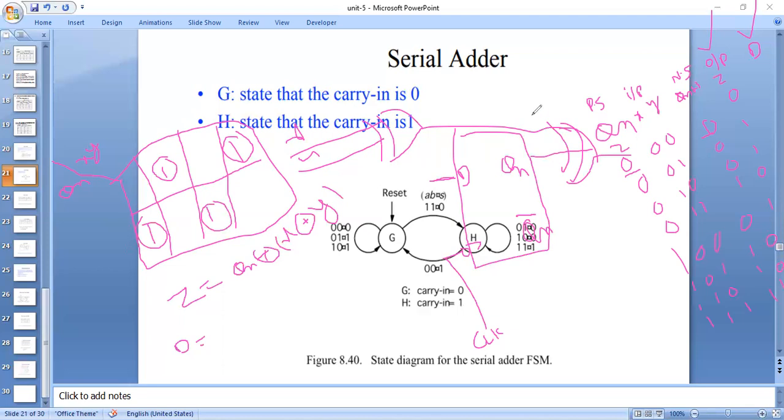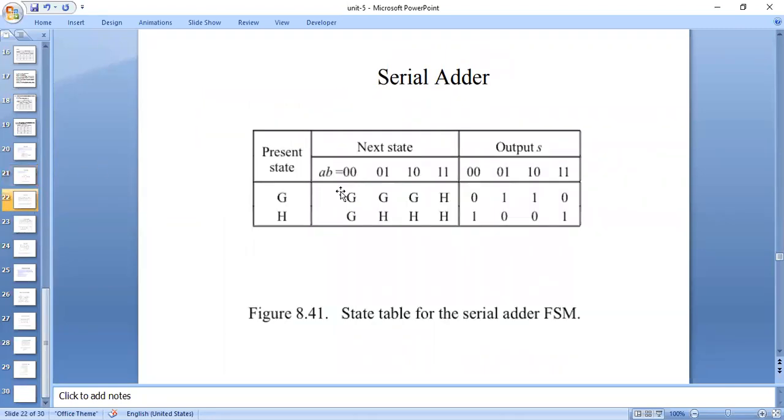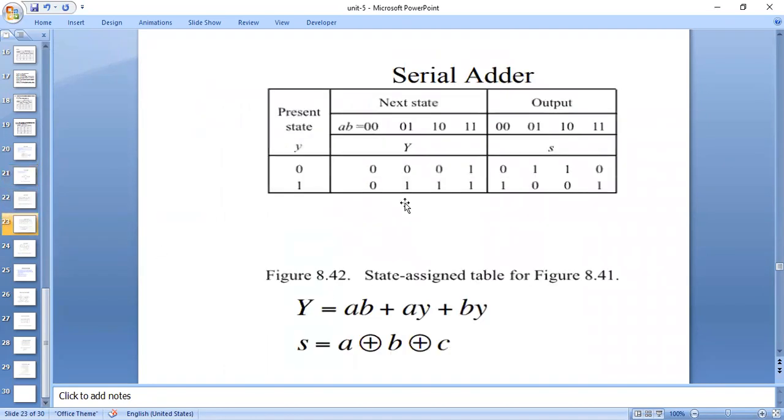Okay, so this is all about Mealy type serial adder. So you can clearly see in these PPTs. This will be the state table, and we elaborate this state table to write the expressions. See here what we are representing, output Z. So generally what is output? Sum. So what we are getting is A XOR B XOR C. And here C means present state, and A and B are taken as inputs, but we have taken QN X Y. And here see, for the D flip flop the expression came like this.